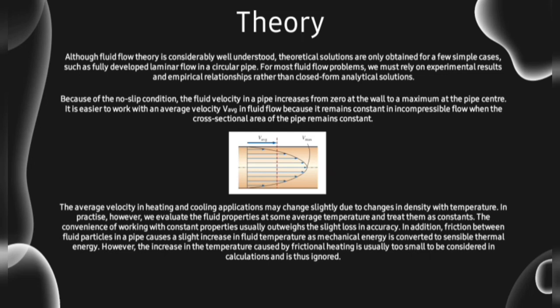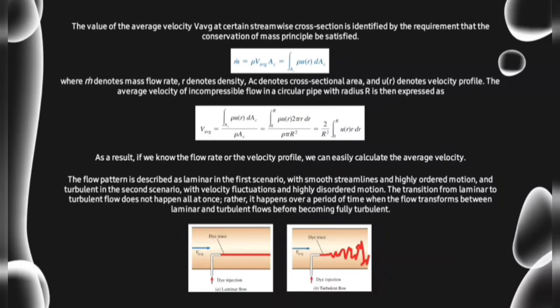In addition, friction between fluid particles in a pipe causes a slight increase in fluid temperature as mechanical energy is converted to sensible thermal energy. However, the increase in temperature caused by frictional heating is usually too small to be considered in calculations and is ignored. The value of the average velocity at a certain streamwise cross-section is identified by the requirement that the conservation